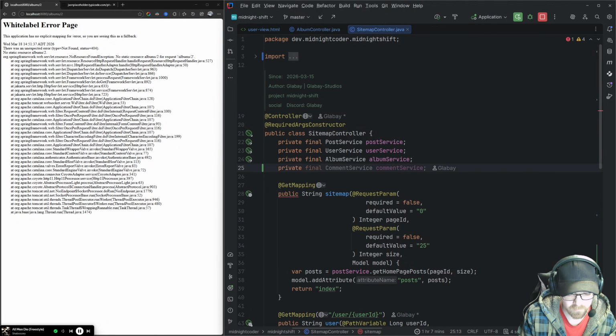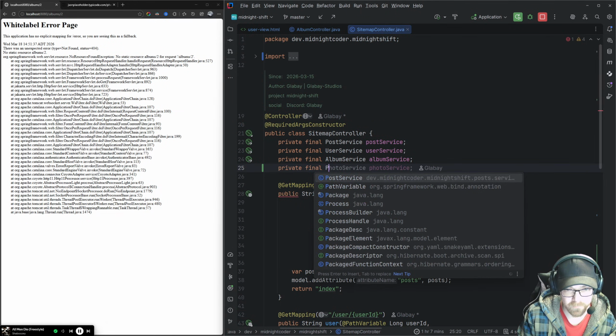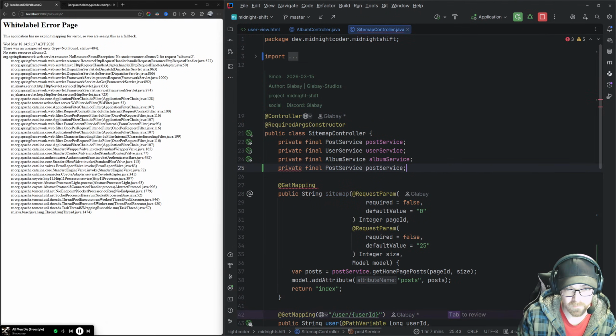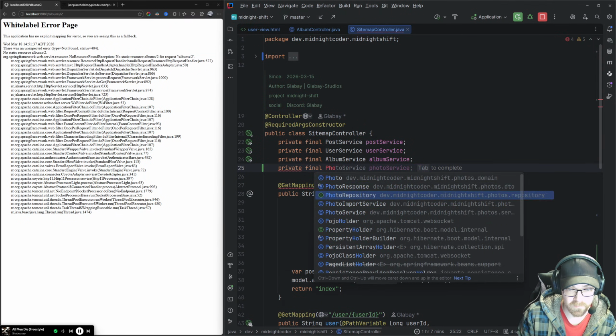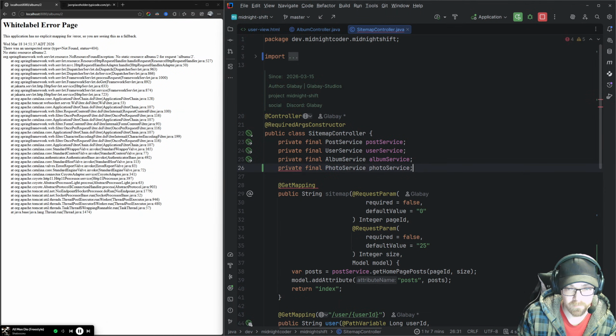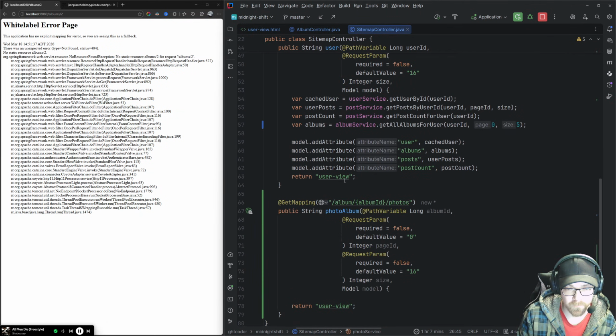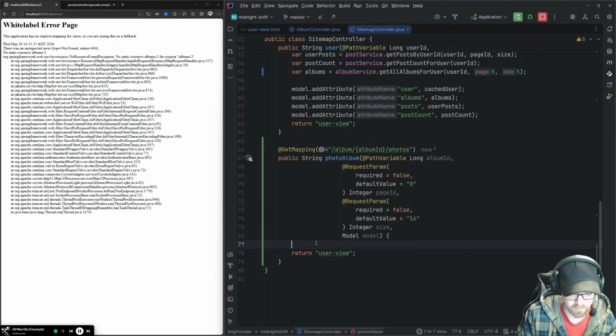Okay, private final photo service. That's not what I wanted. I said photo service. Okay. So photo service dot this, and that's going to be our photos.